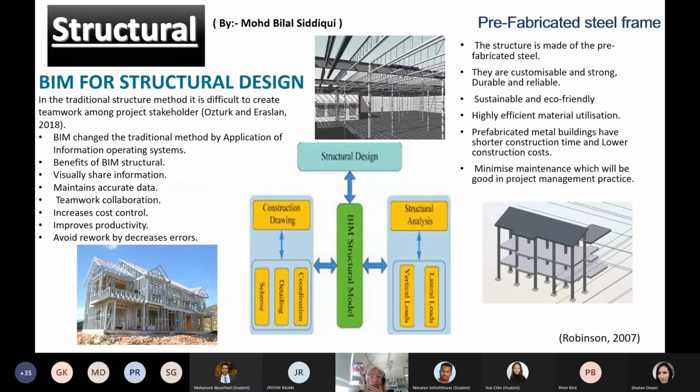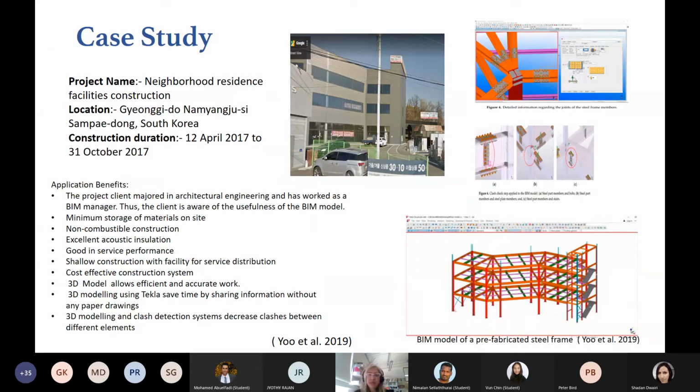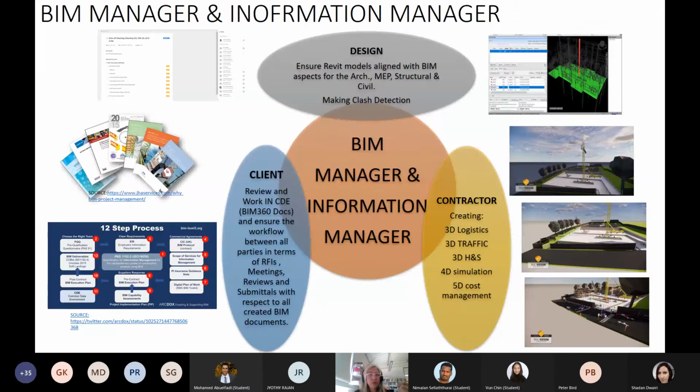Moving into structure, so the choice, justifying the choice and explaining how you negotiated this with other teams, for example, in terms of costing, sustainability, buildability, and so on, and what were those decision-making process that you came up with that final choice of steel structure in this case. And then a case study to illustrate or to support the decision, BIM manager, information management, a little bit of